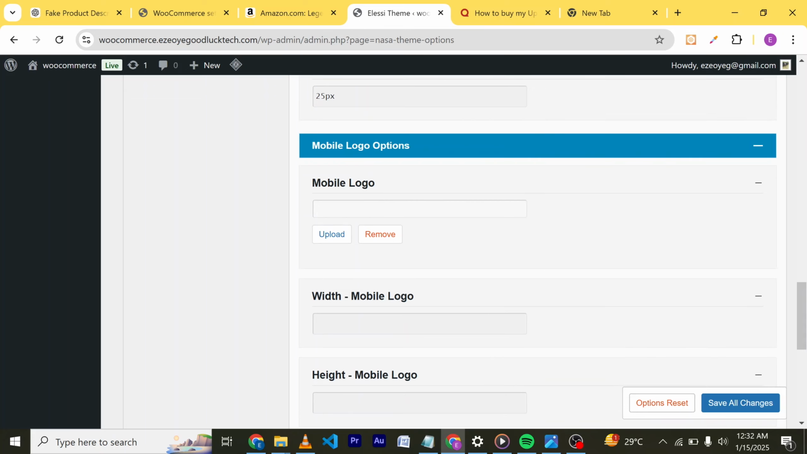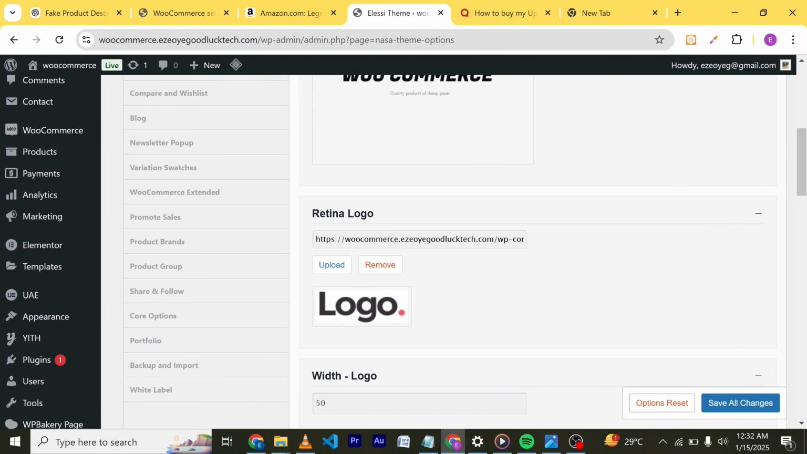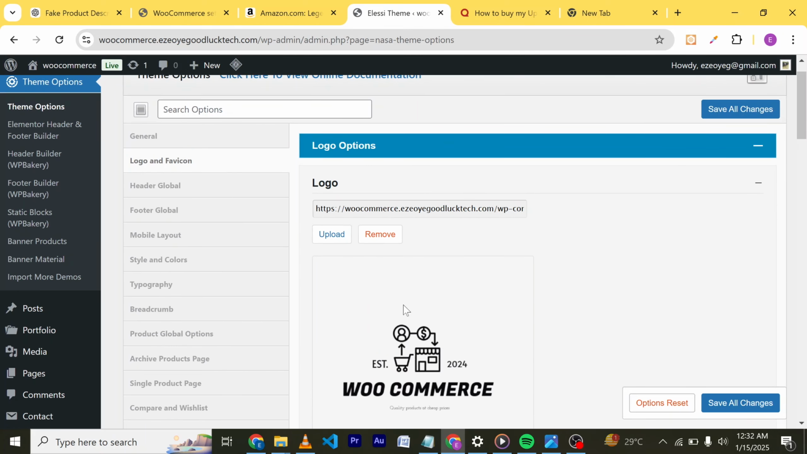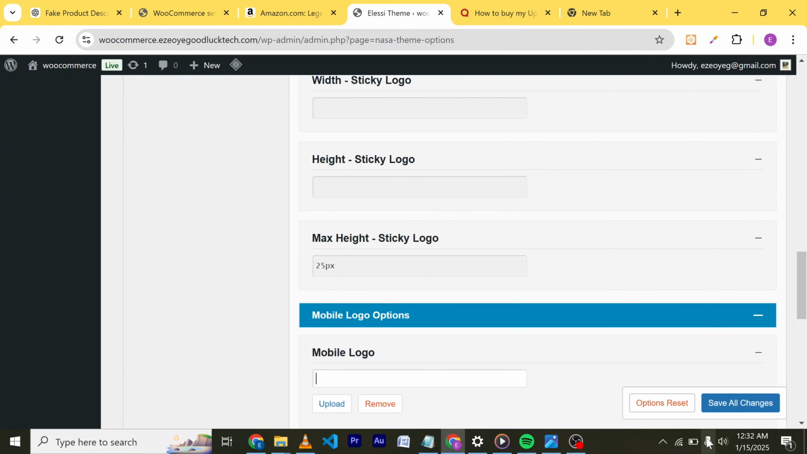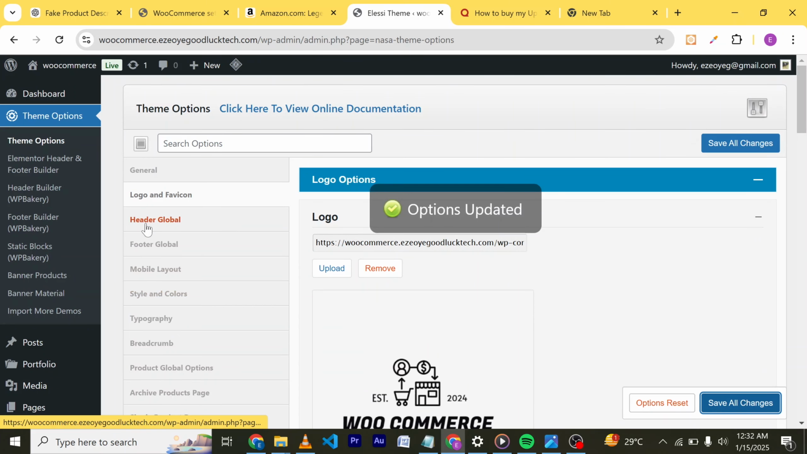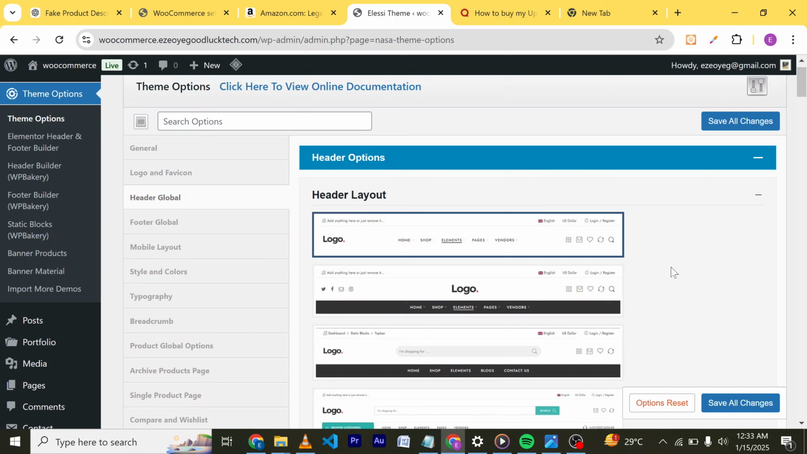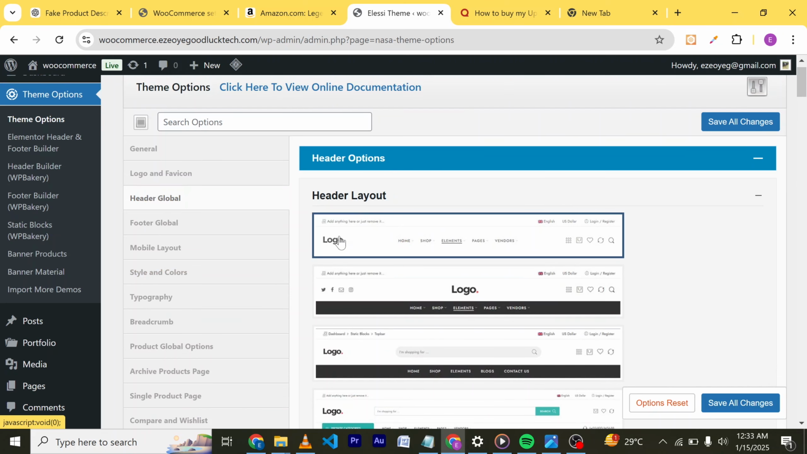I can also come in here and set a logo for your mobile screens and give it width and all that. You understand? So this Elessi theme is fully customizable, and it's really amazing. So let me just come in here and save all changes, and let's click on header global. So right here you can actually come in and select different headers. So this one is the header we're currently working with. You can actually come in and select this one where you have the logo in the center, and you have